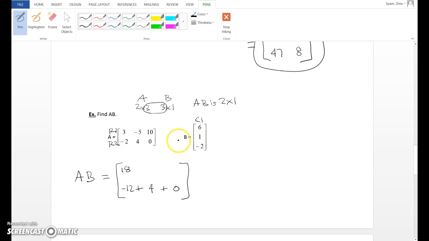Okay, row 1 dotted with column 1. 3 times 6 is 18. Okay, plus the 5 times -1 is going to be a -5 here. That's how I want to do it. Plus the 10 times